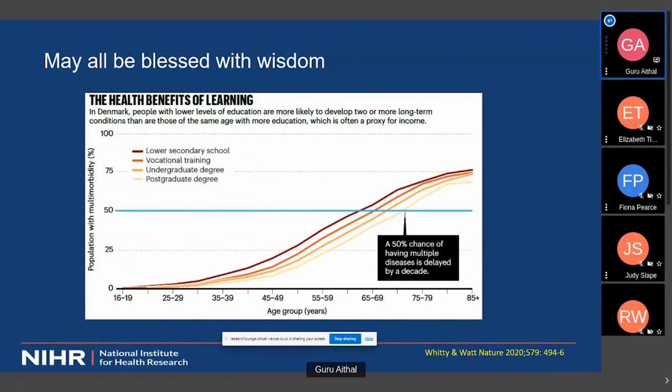Just to highlight that we are biologists focused on biology, we do studies on biology, but a lot of other factors which we may not have expertise in also influence multimorbidity. This is from the same paper which I cited in my first slide, from Sir Chris Whitty and Susan Watts, which shows that just education, or lack of education, or degree of education seems to determine multimorbidity, which says that all we need to do is to educate people more.